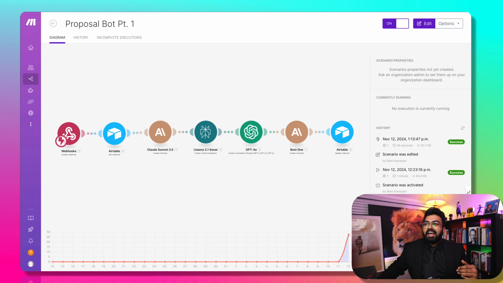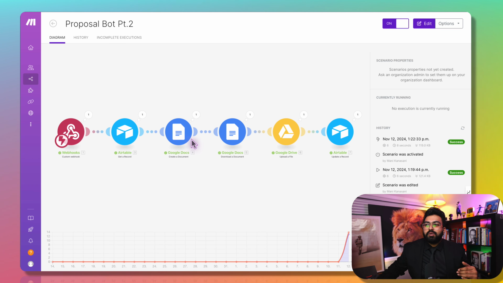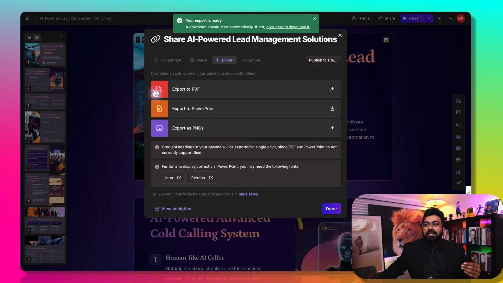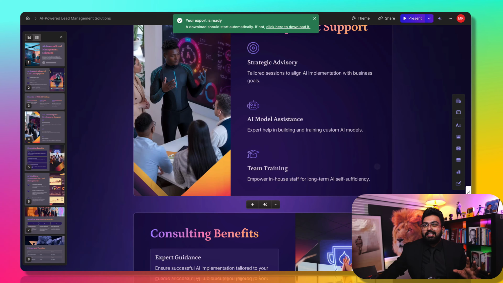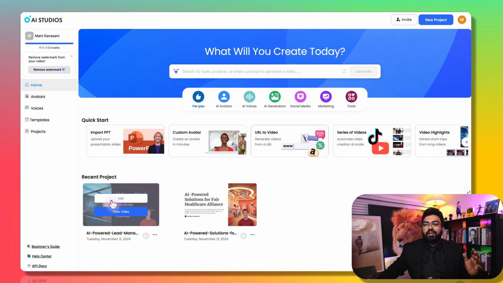best components out of all three. And we have a part two where we then generate the documents, the docs, the PDFs that are needed. And then we take this flow to Llama and prepare excellent presentations that your clients love. And we take this video finally to our star of the show today, AI Studios, to create that automated video